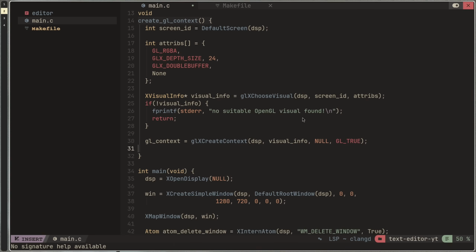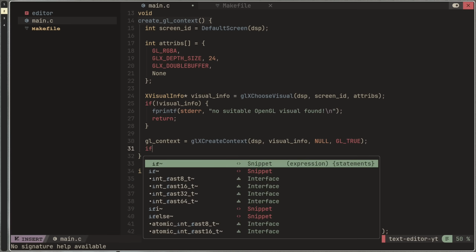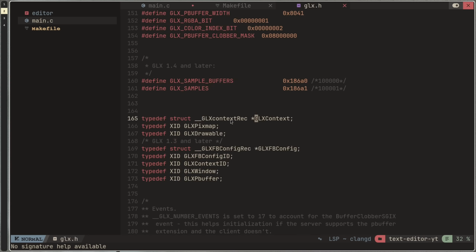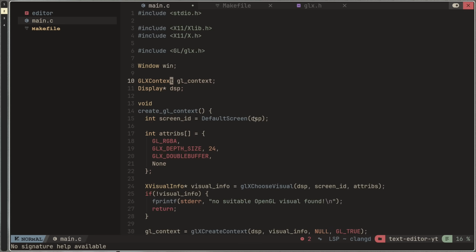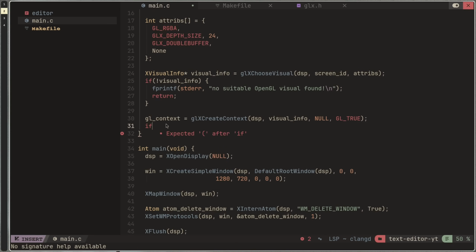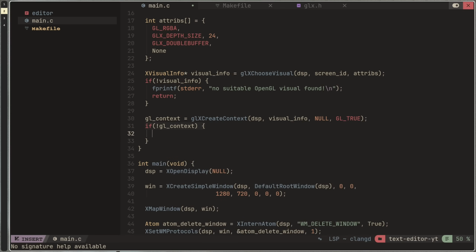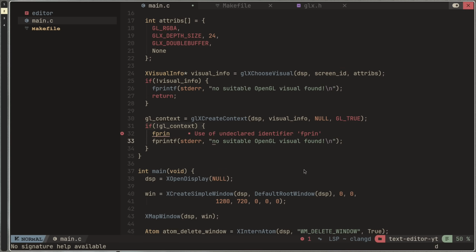Okay, and then if, wait, do we have a pointer? Is it a pointer? No, it's not a pointer. But I think this thing is a pointer. Alright. So if not GL context, then we can just say we couldn't create the context,